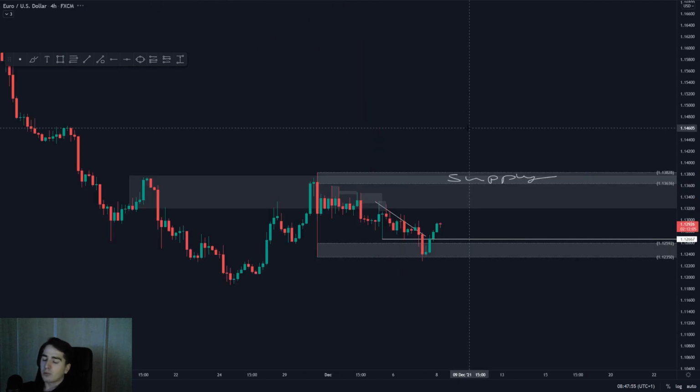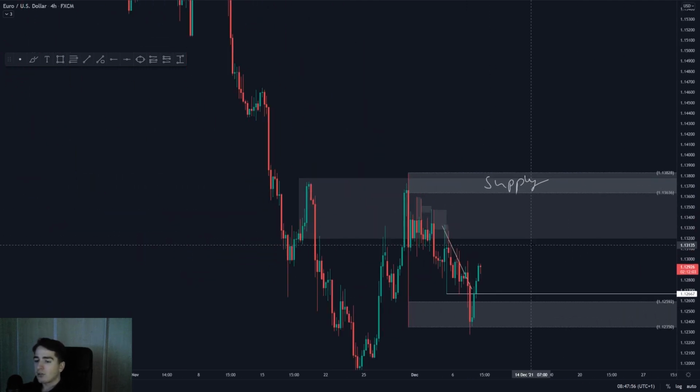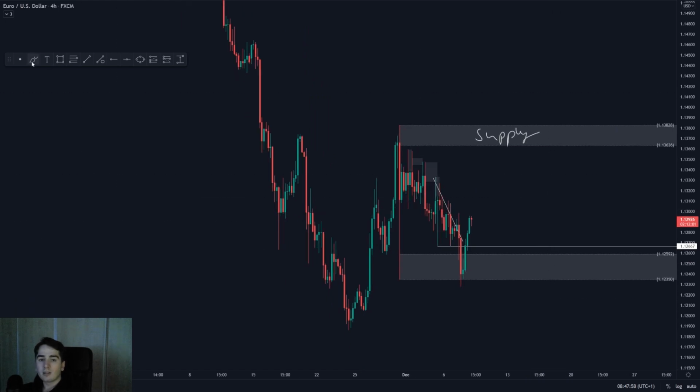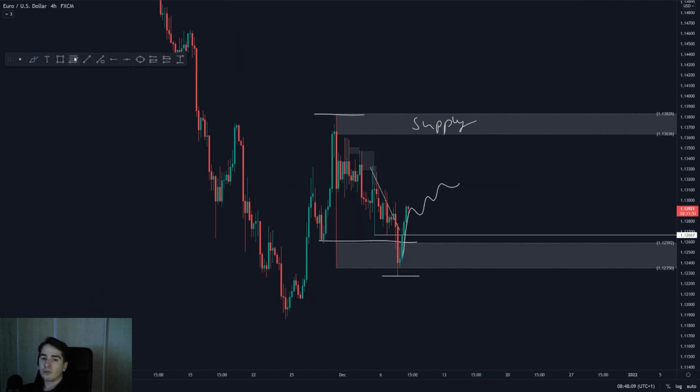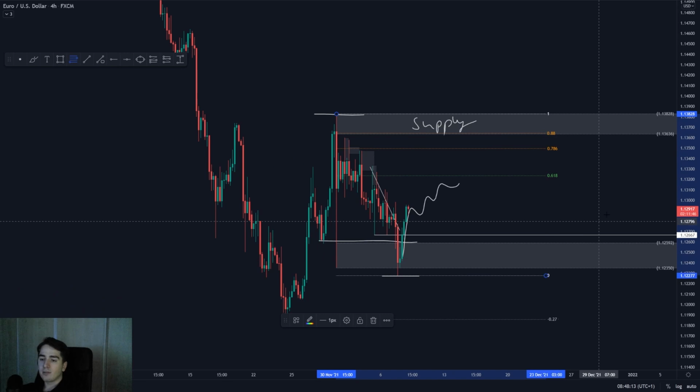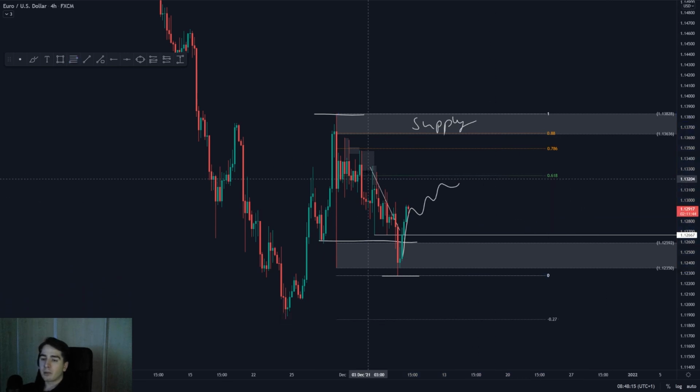So now if we dive in towards the 4-hour, essentially it has also flipped bearish. This low was our swing low, so we've now taken out the swing low over here, seen a close below. So now we're just forming a pullback on the impulse from here to here. So now if we were to draw in a fib, we have to draw in from here to here. So let's see if we can start seeing a pullback, but there's no real clean liquidity, only up above